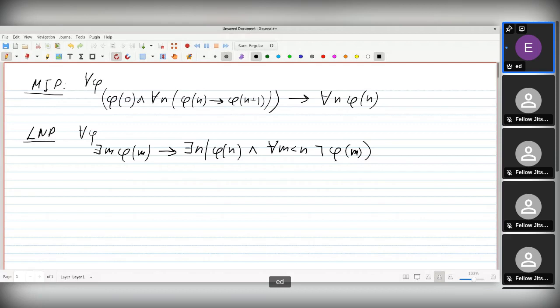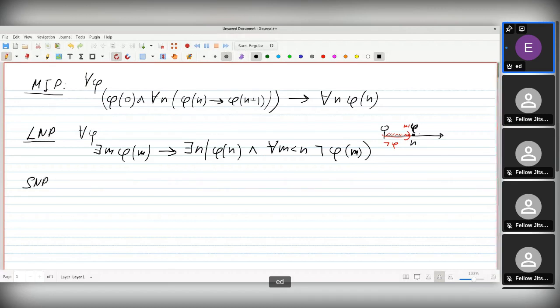So we have something like that. Say 0, n, here we have phi at n. We don't know whether it is true at n plus 1 or anywhere else, but here up to n minus 1, this is false. Here we have no phi. This is the main idea. So n is the least number at which phi holds.